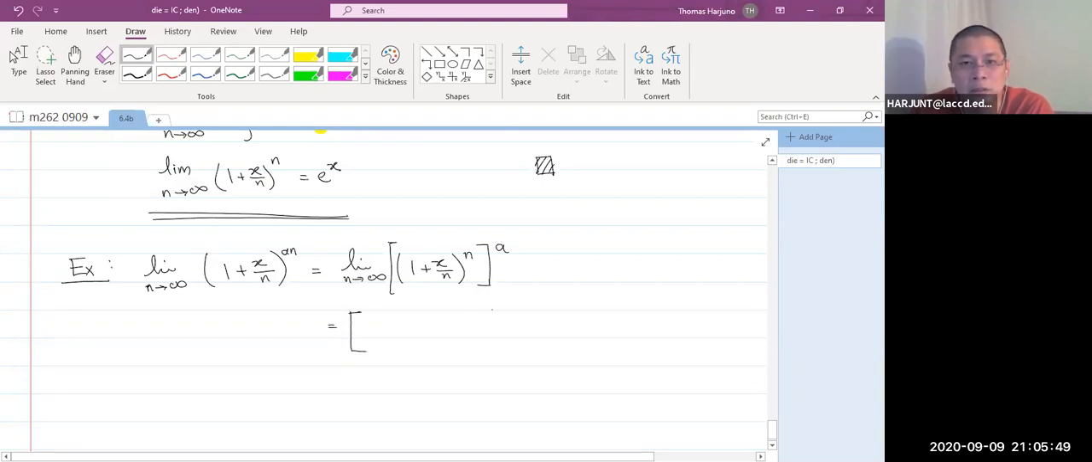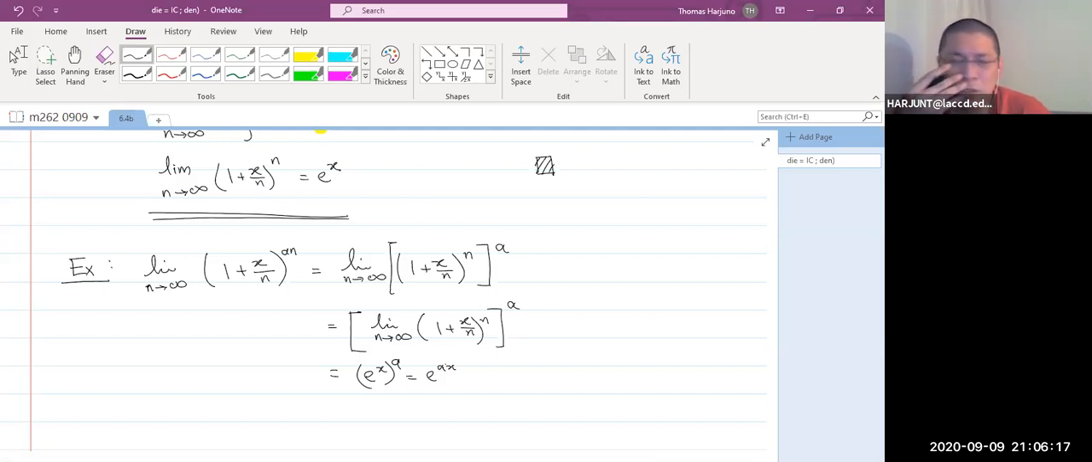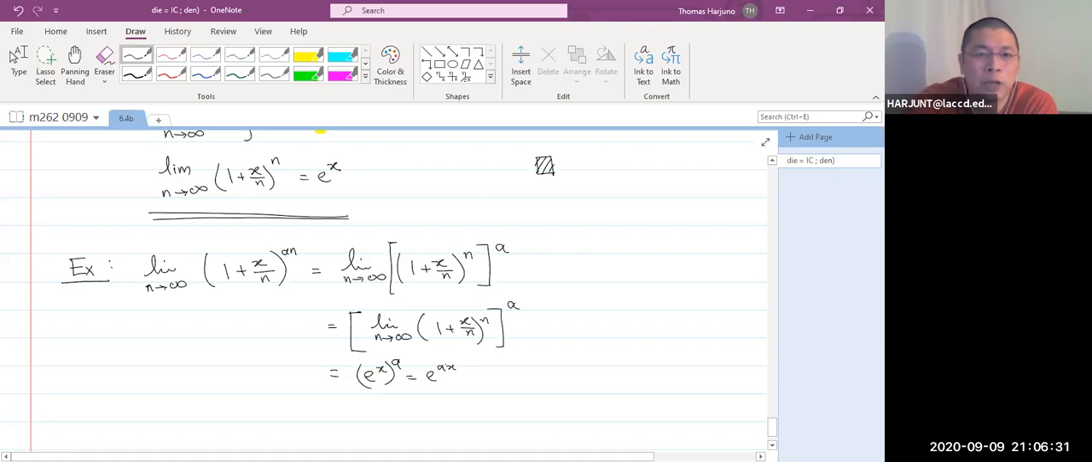This is this guy: the limit of (1 plus x over n) to the n, to the power of a. But this is e to the x, to the power of a. This is e to the ax. Right? Instead of doing implicit differentiation or logarithm, or the L'Hopital rule, which some people have in mind, no need. Once you know that basic form, you can apply this to a lot of other places. And mind you that when n goes to infinity,